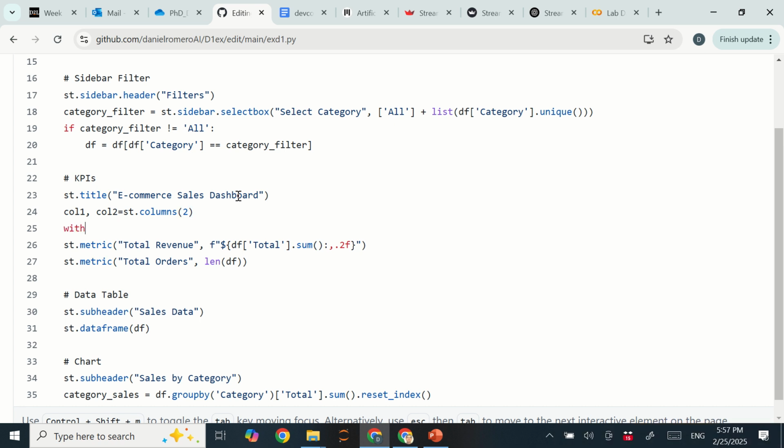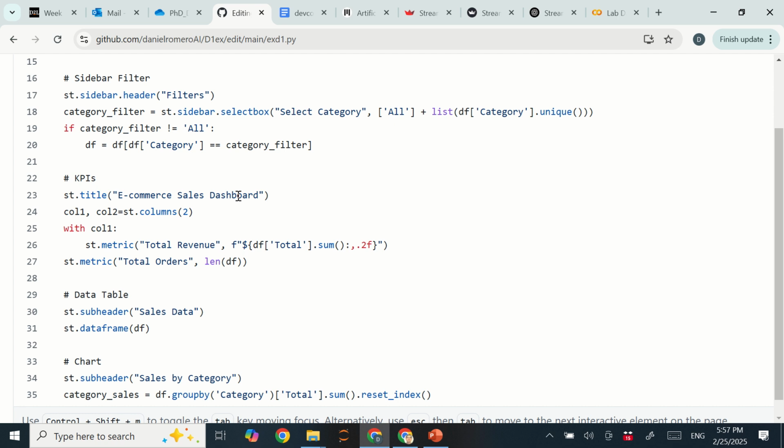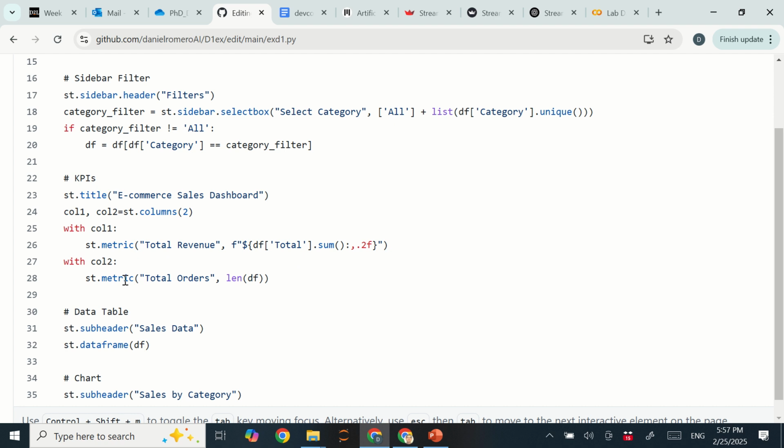Now let's create the first one with col 1. The indent here is really important because that means that this is inside the with column 1. Now with column 2, we'll do the same, but for the other metric. So now